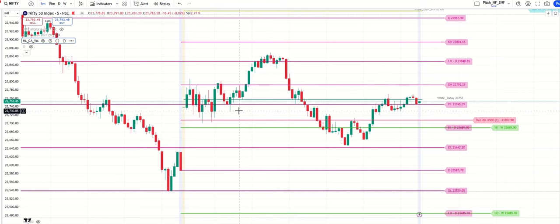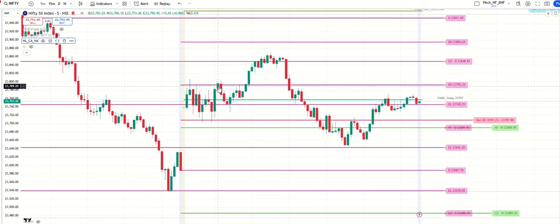Some 50 points. Probably, if you look at it from an option point of view, you would have made like 20, 25 points, for example. Okay, let's not talk about 50 points in the index. You cannot translate 50 points directly in an option, right? Look at like 20, 25 points. If you take two lots, three lots, which translates to around 40, 50 points overall, that's good enough for us as a small investor. Or if you increase the number of lots, you can make good money here, right? Try to understand how these levels work and the importance from the previous day, especially on weekly and daily levels. Okay, so that's all I want to talk about for today.